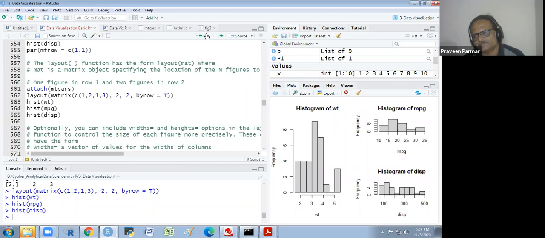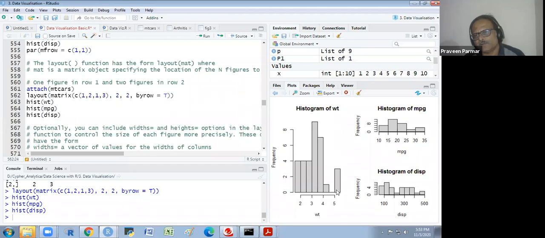Got it? It goes by row: first, then second, then again first. So it would be this way. In both areas it will cover, and then third.